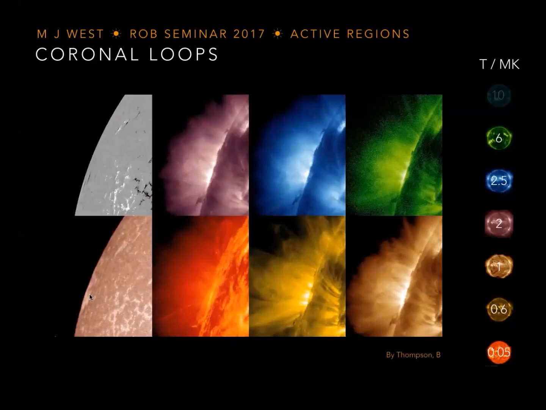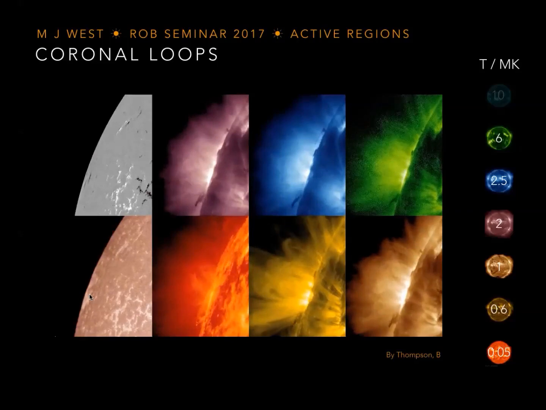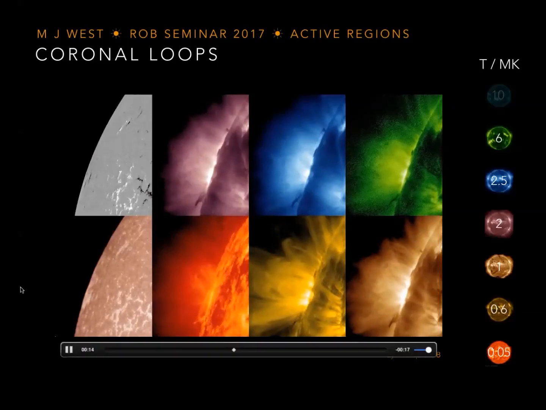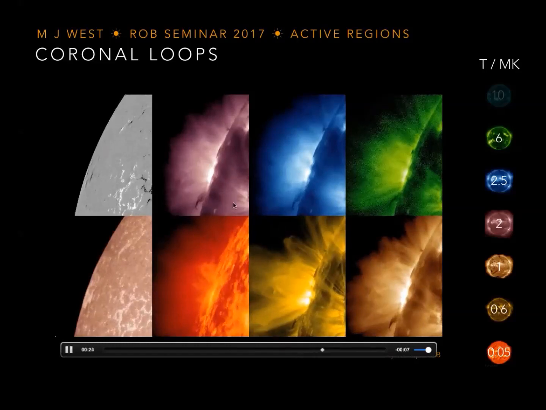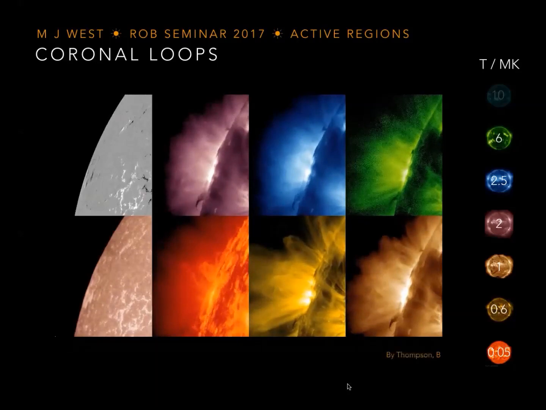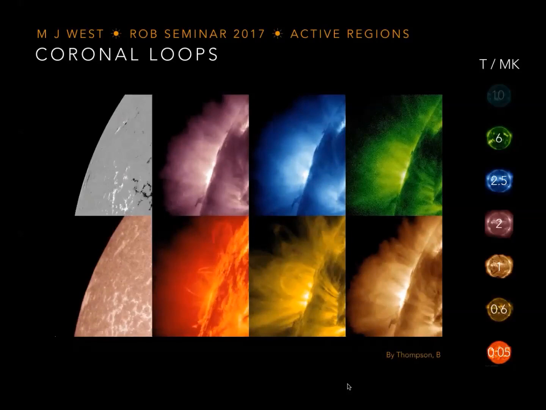This is showing the corona through various UV bandpasses. We've got a magnetogram in the top left, and a more photospheric or chromospheric line down here at the bottom left. And here we can see coronal loop structures off the solar disk in various temperatures. You can see these loops in all the different temperatures, which shows the range